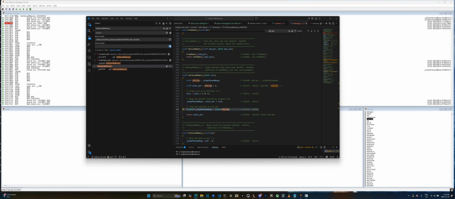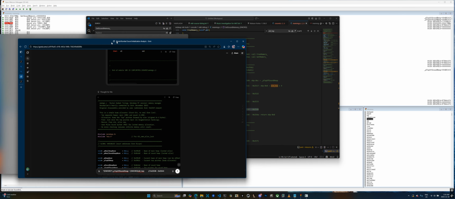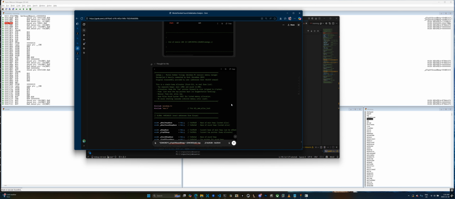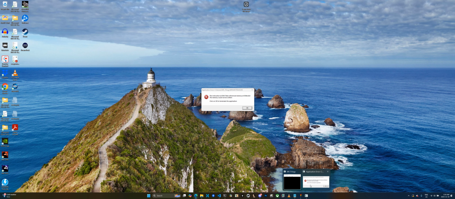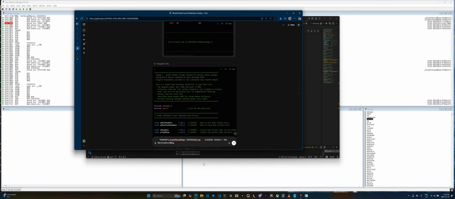Let me see if Grok might have any insight. This line of code is failing. The application is saying the memory could not be written. This only happens if there are more than 40 50